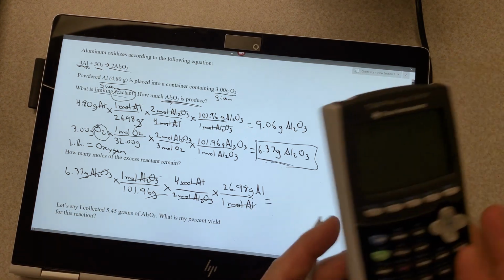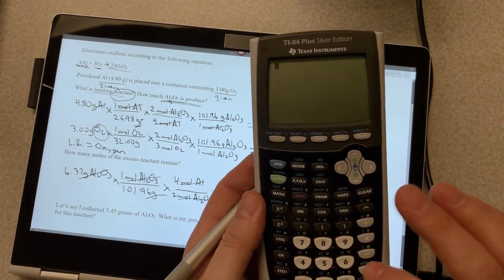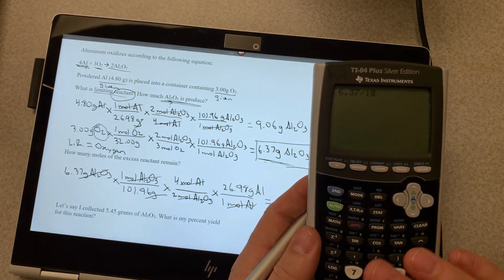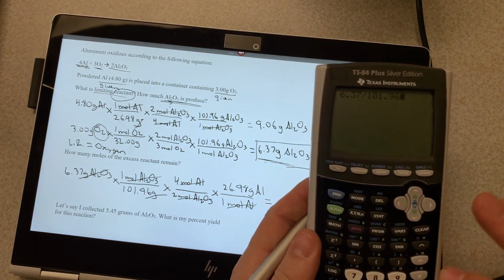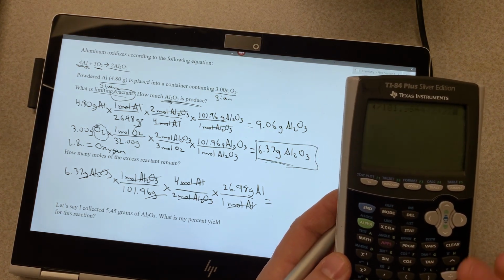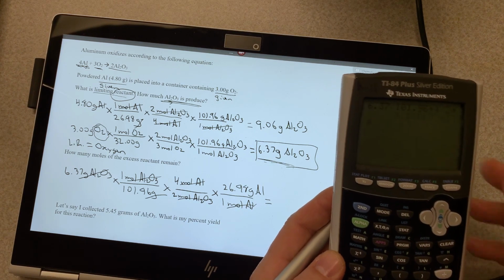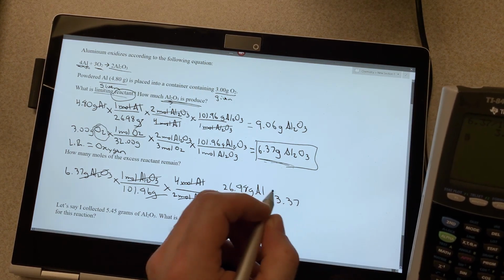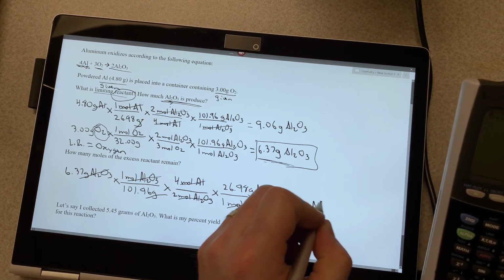And I can plug that in my calculator. So 6.37 divided by 101.96 times 4 divided by 2 times 26.98 equals 3.37 grams of aluminum